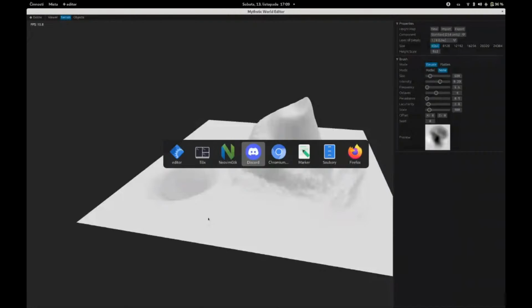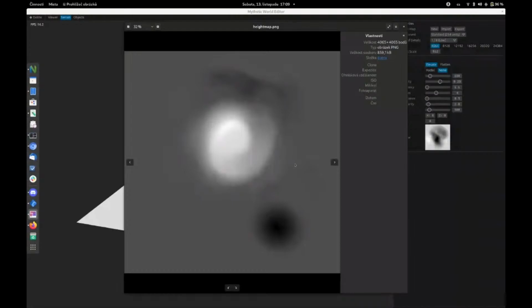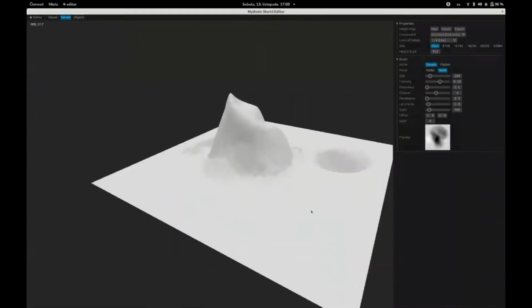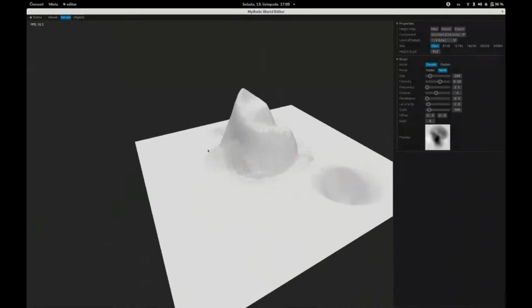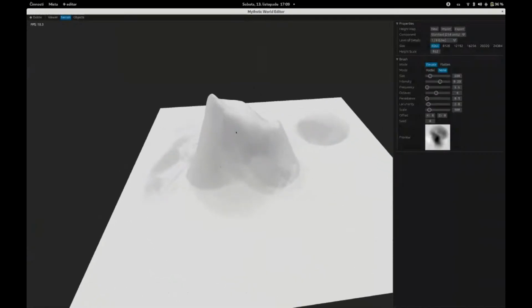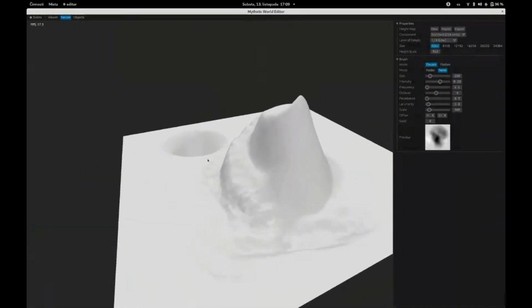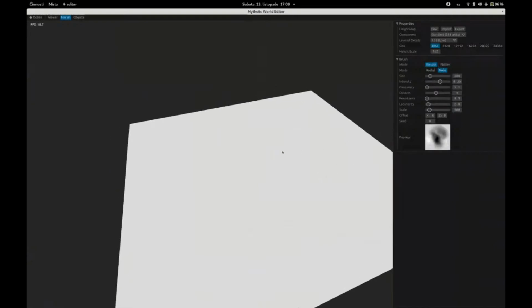And in files, you can see our height map that we made. There are some known bugs in this implementation, some things that we will continue working on, like better brushes. You can see some artifacts here because of the brush, some more presets, some more possibilities for this. Also, there is no import possibility at this moment, but you can always start from scratch and draw it once